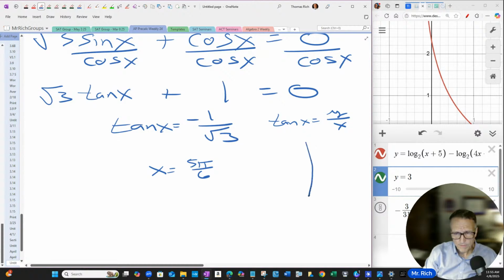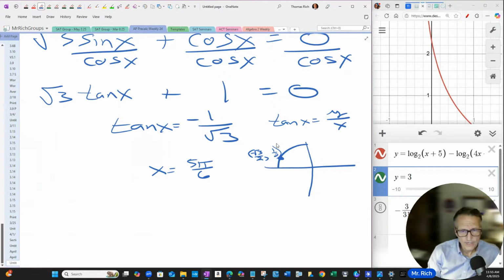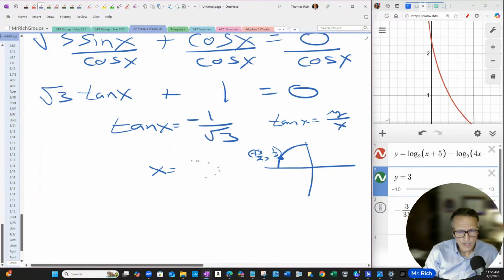Because when we visualize our unit circle, and we're over here in the second quadrant, when we get to 5 pi over 6, this is a negative root 3 over 2, comma 1/2. Now, I think what we want here is not that point, actually. I think what we want is 2 pi over 3 as our answer. And here's why. Because this angle up here at 2 pi over 3, this coordinate right here is going to be,